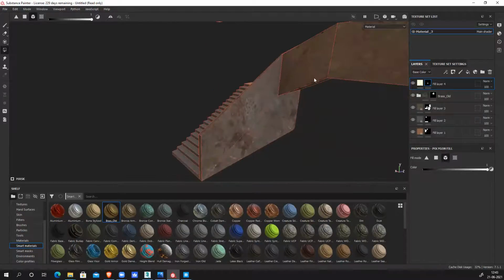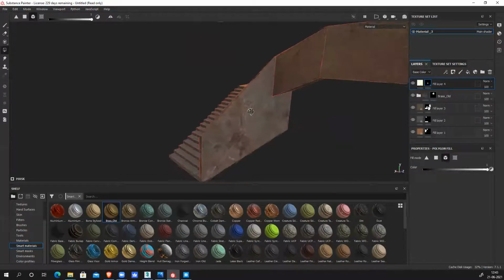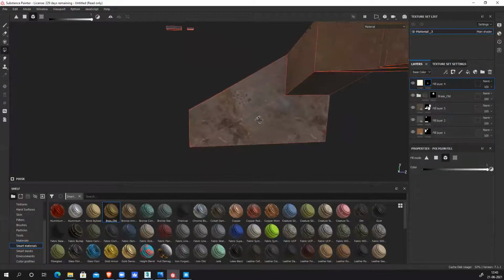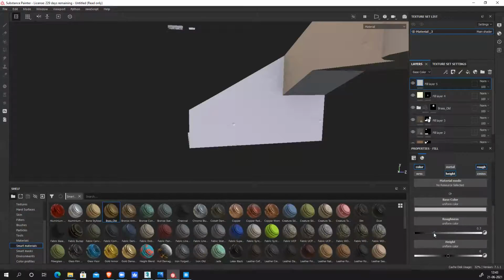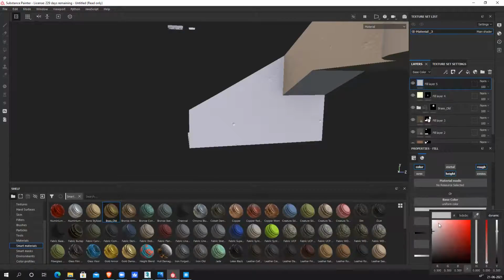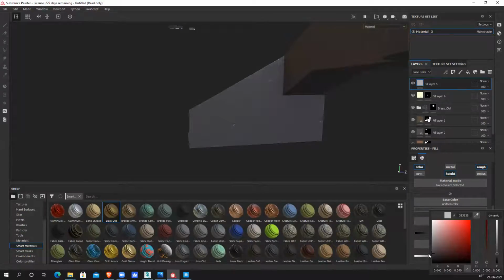So this is ready, but this I need to fix. Here I can see in my reference, I have a strip of gray color going throughout this. So what I'll do is keep color, no metal, roughness also, if I want I can keep it or remove it. Normal not required, emissive not required. Roughness, I'll make it slightly shinier than the base, and I'll add slight height, so that when I add anything it gets separated, and it's a grayish color, dark gray.